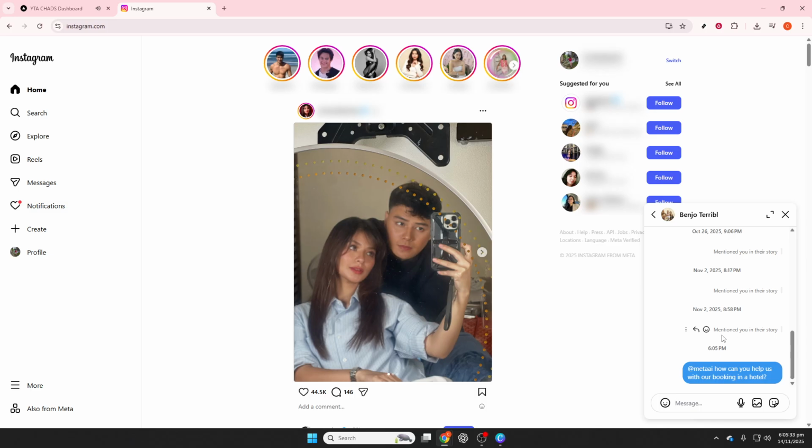And there you have it. With these simple steps, you're now equipped to make the most of Meta AI in your Instagram group chats. Whether it's planning, finding recommendations, or creating fun elements to add to your conversations, Meta AI is there to enhance your